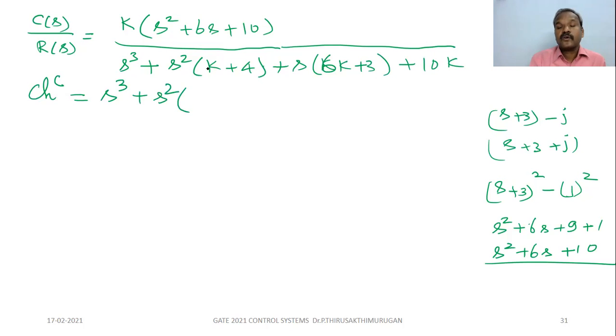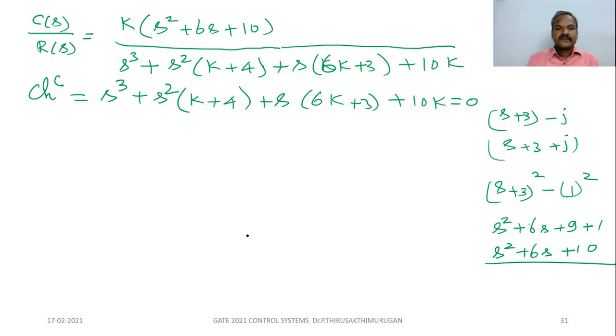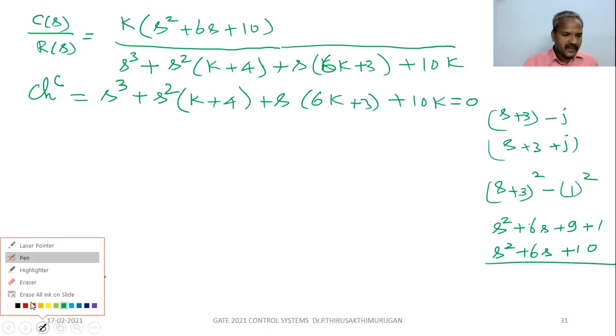The denominator of the closed loop transfer function is called the characteristic equation, right? You know that. S into 6k plus 3 plus 10k equal to 0. Okay, so from this, observe that. So from this condition, you see,